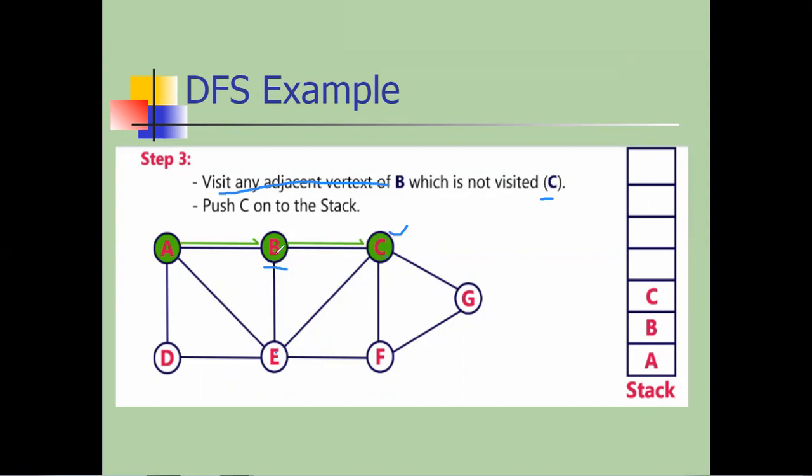Just concentrate. If I select E, then again it's not depth-wise. How to select? A to B, B to C, C to G, E, F, likewise. So here I am selecting the node C. Again, C is not visited, so we have to push it into the stack. So it is pushed into the stack. What is the value of top now? Which position will top come to? 0, 1 and this is the second position. I hope everyone is clear. So top is pointing to C.